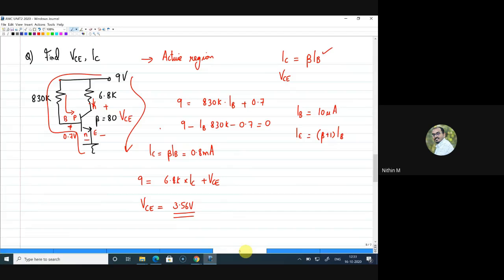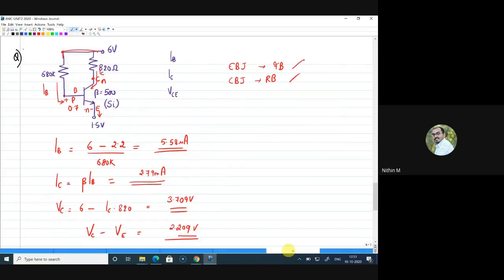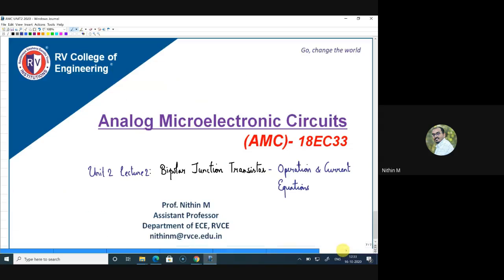Then we looked at two DC numericals just to see your understanding of how you can solve numericals based on DC. So in today's class, we will see the operation of an NPN transistor. We'll also try to understand how to write current equations of the transistor so that we can look at the different configurations, and later we can go for the small signal models, and finally we can come to the amplifiers,